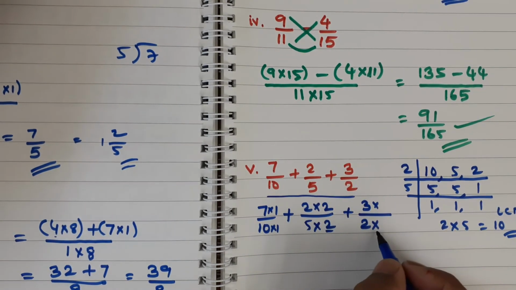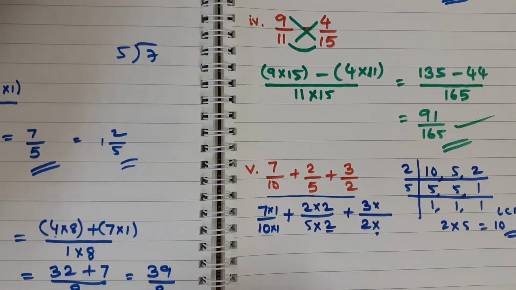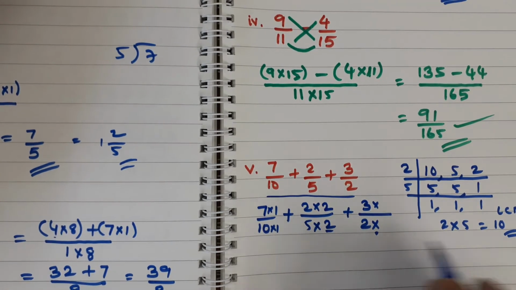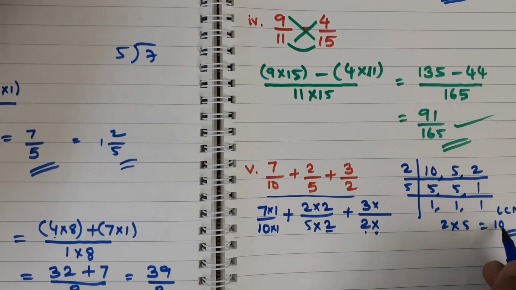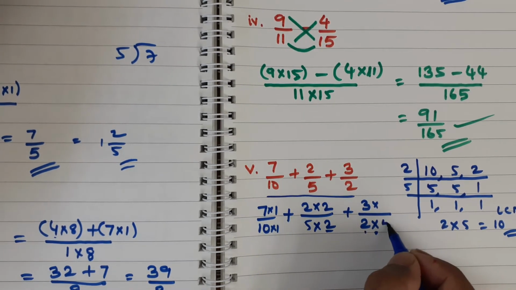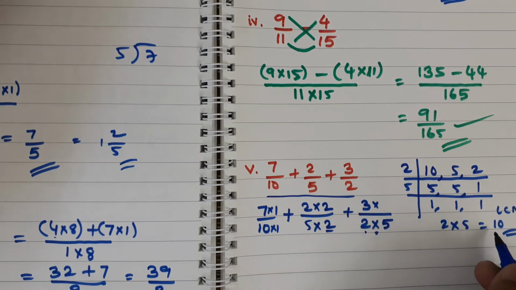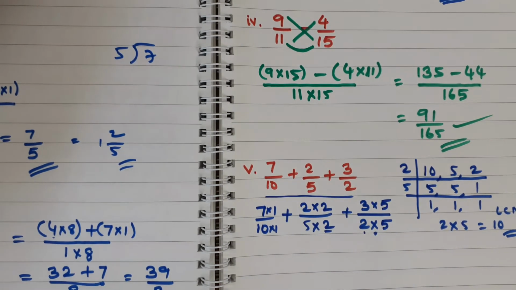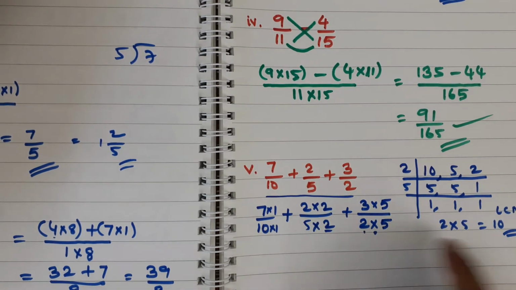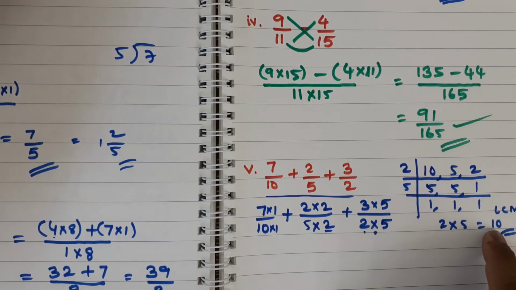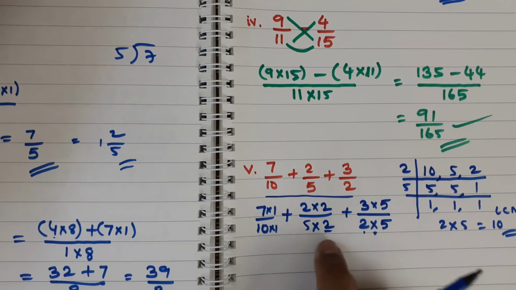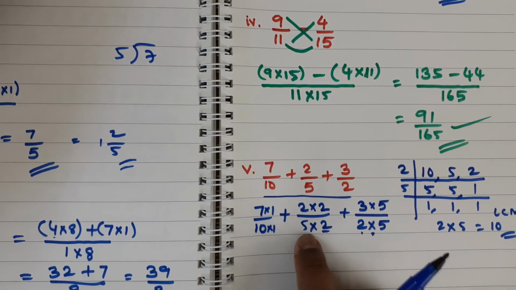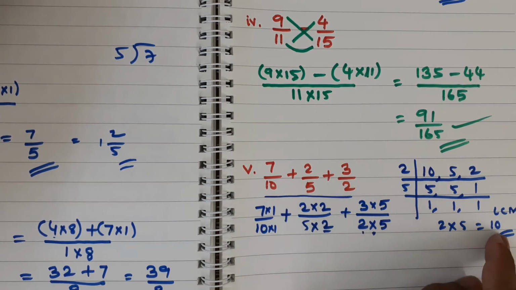Here don't use any addition or subtraction, just we have to use the multiplication. So here we have the 2. Then how we can get the 10 here? In 2 table 10, how will we get? If I multiply 5 here, then I will get the LCM 10. Then here also I should multiply here 5. We have to make all the denominators equal to the LCM. That is why we are doing here some multiplications. So 5 into 2 is 10, 2 into 5 is again 10.